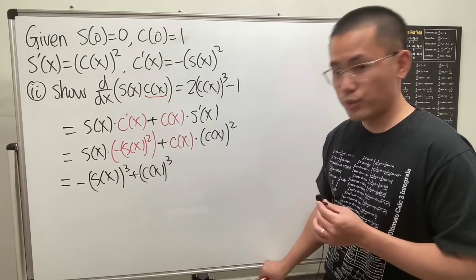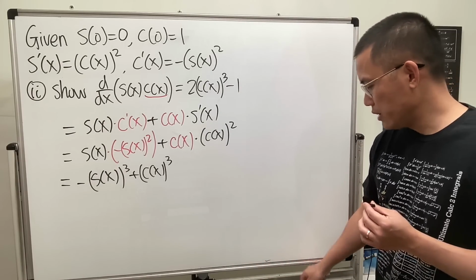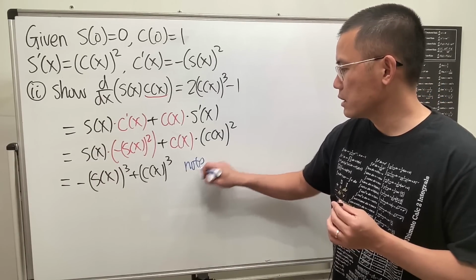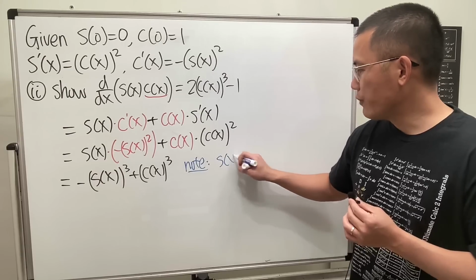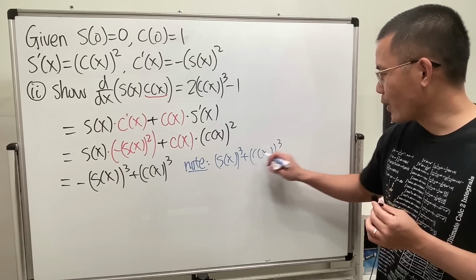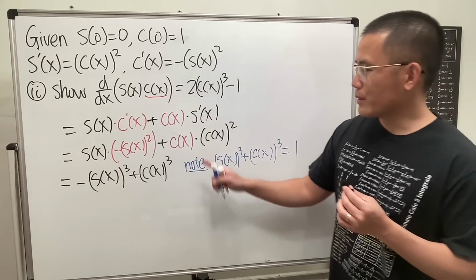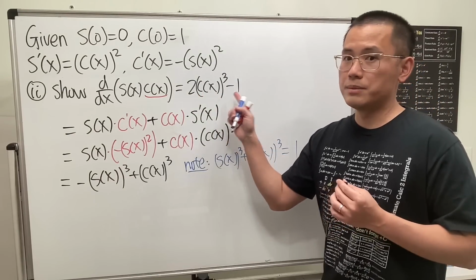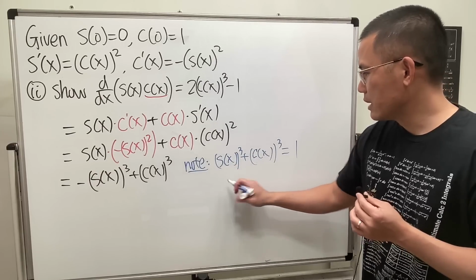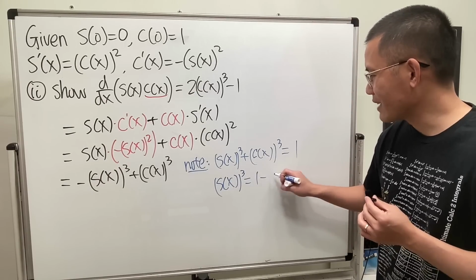Okay, so what can we do right here? Well, we have the third power, so we can just use what we did earlier. So from part 1, note that s of x to the third power plus c of x to the third power is equal to 1. So have a look. We want to end up with an expression in terms of c of x. So that means I want to isolate this. So that means s of x to the third power is equal to 1 minus